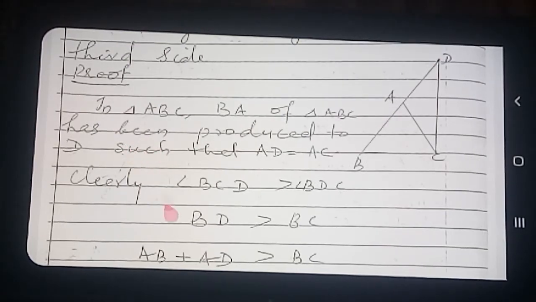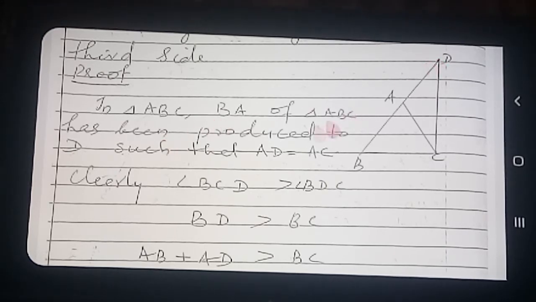As a proof, it is not given in the textbook, so I simply wrote it here. You can go through the points. Listen here. This is the triangle ABC. BA is extended, and a line through C is also drawn here, so that both are extended and intersect at this point D.